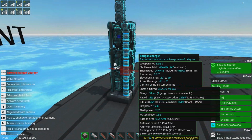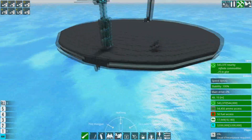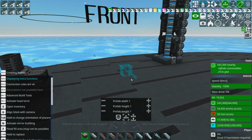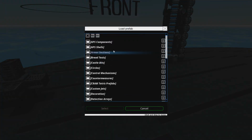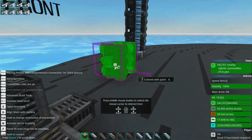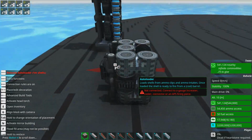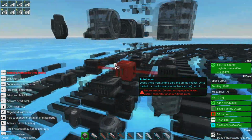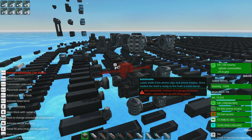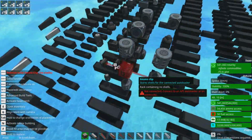And one of the ways I failed is that this is a Railgun hybrid, and the thing with 5-clip Tetris is, let me show you the prefab I made. Nope, wrong button. Alright, so I've made a little prefab of 5-clip Tetris, and it turns out I actually had made one before. I think the new one is better, don't quote me on that. So it looks something like this, gauge snake going vertically, and you'll see we have the loader in the middle there. It is connected from the top to the gauge increases, and it's got 1, 2, 3, 4, 5,